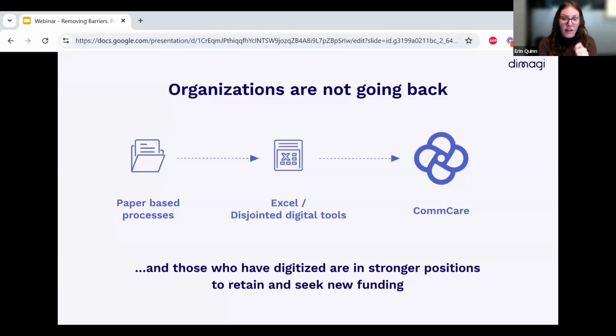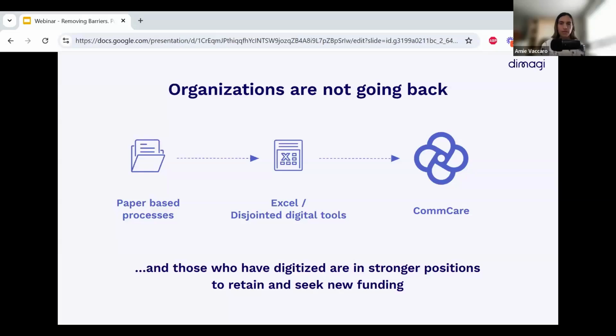As of tomorrow, 5,000 women will not have antenatal care, or 20,000 farmers will not have access to critical training on climate safe practices. That sort of data and being able to tell that story so quickly and so easily was incredibly impactful. And that put them in a stronger position to be able to retain their funding with USAID or to go and seek funding with new funders and new sources.